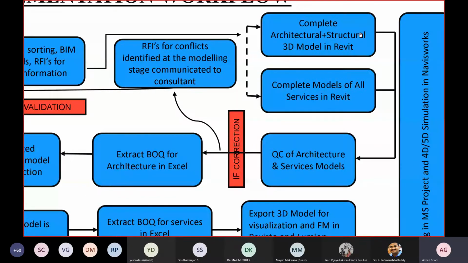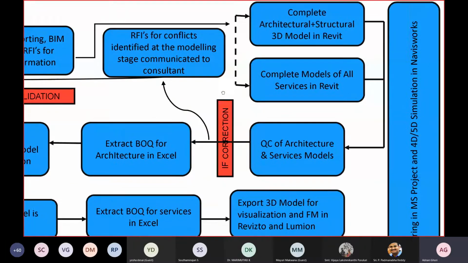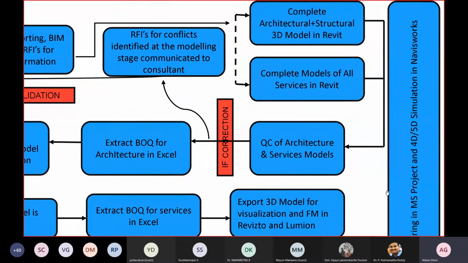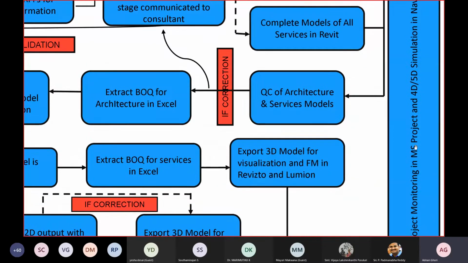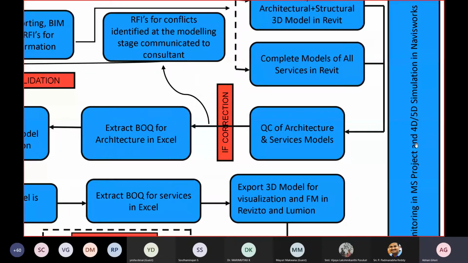Once we complete the architectural and structural model, parallelly, the services model also needs to be started with the services team. Services basically means MEP, that is mechanical, electrical, and plumbing team. In this entire workflow process, you also do the project monitoring, and there is MS Project and 4D 5D simulation